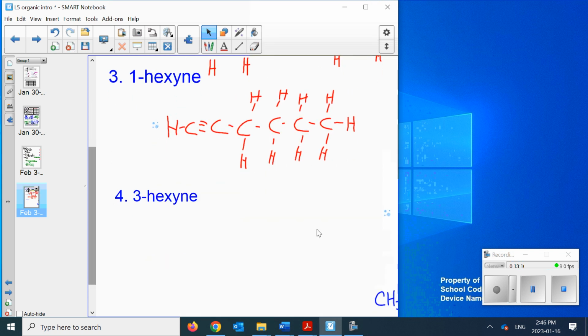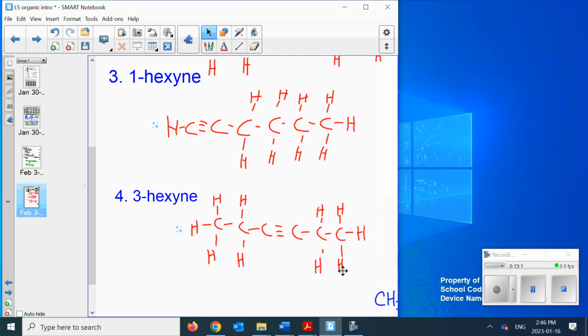Okay, and then lastly, the 3 hexine. All of these could have been done in the smaller abbreviated form too, by the way. Like, for example, there in blue. Whichever you like, I don't care. If you continue on in university and stuff like this, you'll experiment with some different methods. Okay? All right, I'm going to pause the video, get you to your next topic, and then we're pretty much